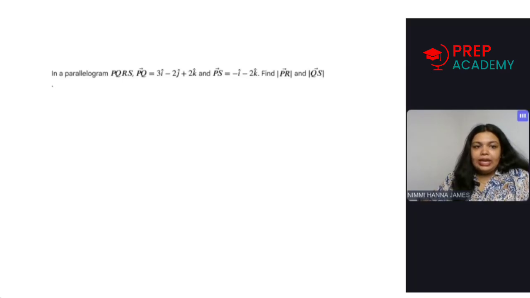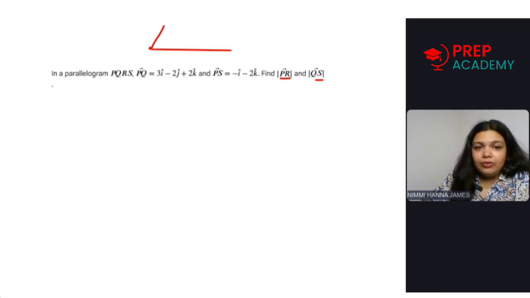Next question. In a parallelogram PQRS, PQ vector is equal to 3i minus 2j plus 3k. So we have two vectors PQ and PS. We want to find PR and QS. So here also we can draw a parallelogram just for making our things easy. PQRS